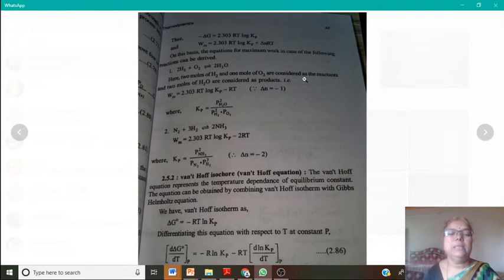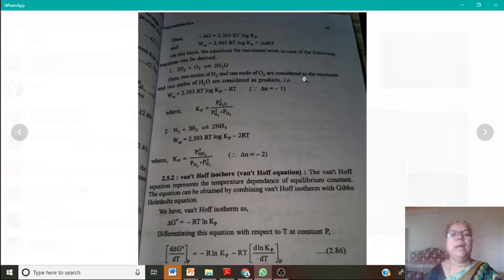Welcome students. Last time you learned the van't Hoff equation, or van't Hoff isotherm, which gives the maximum amount of work obtained in an isothermal reversible process. And all of you know, in the case of spontaneous processes, the free energy decreases, and we derived last time the equation minus delta G is equal to 2.303 RT log Kp, where Kp is the equilibrium